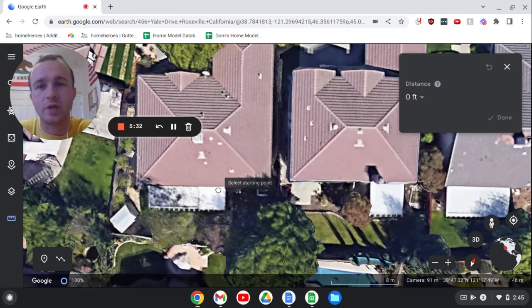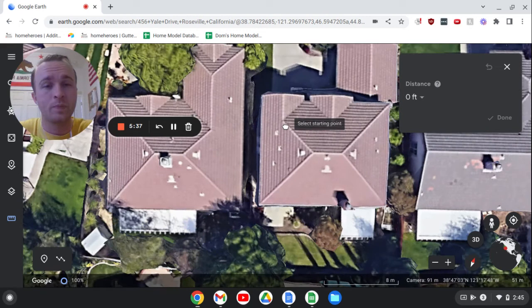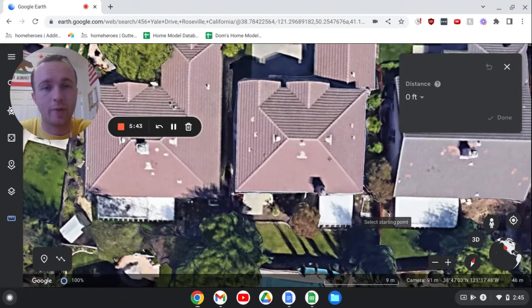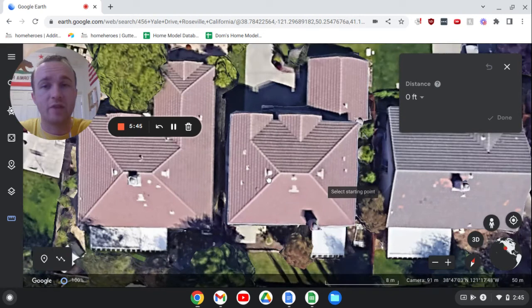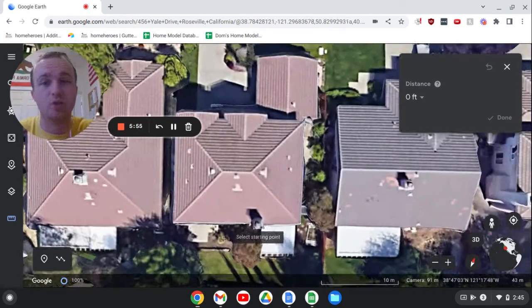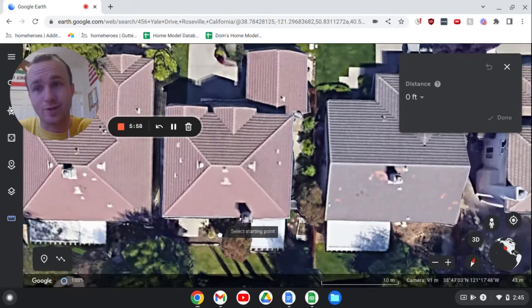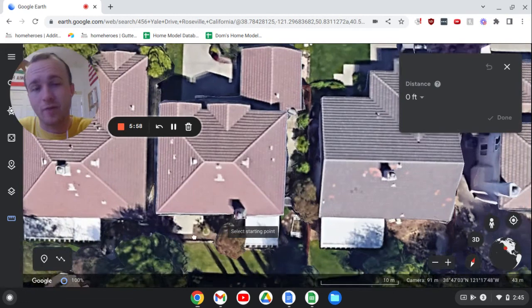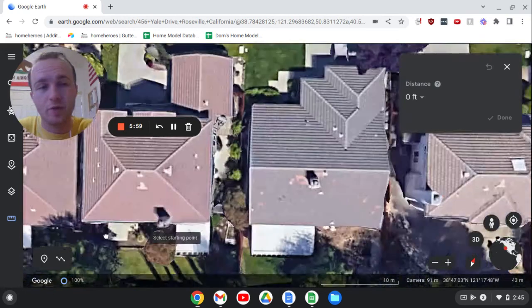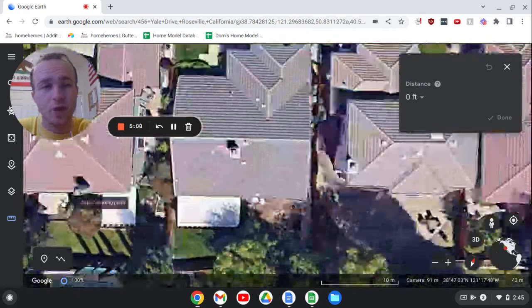And then I forget exactly what I had measured on this house, but it looks like the patio cover is a little bit shorter, about 15 feet. So you'd add 15 feet to whatever that measurement is. But there's several examples of measuring the gutter on a house so that it's an accurate measurement. And then also remember to measure the linear feet of gutters on patio covers. These homes just happen to have patio covers, but most homes don't, as you can see here. So that's exactly how you use Google Earth to measure the linear feet of gutters on